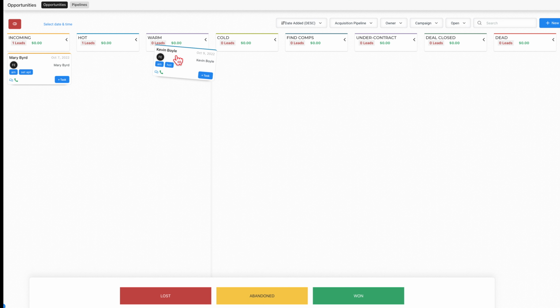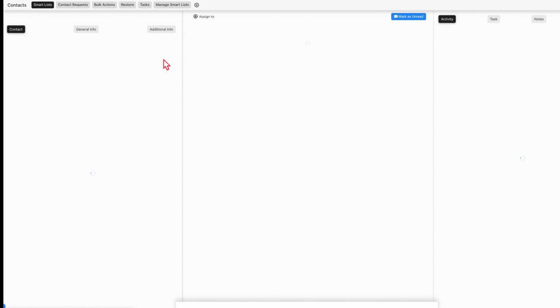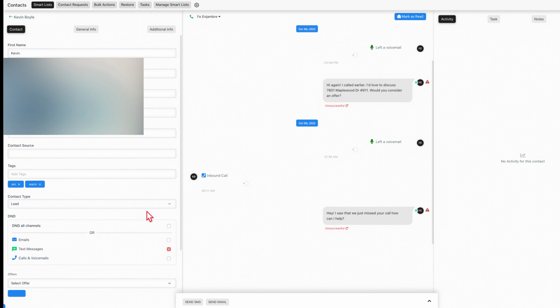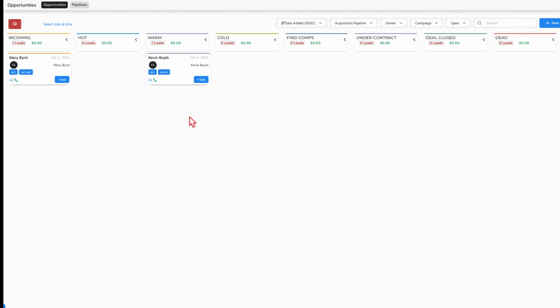So if we move this over here, it's going to tag warm. We can actually click on it and we can see it says warm now in here. Now, why is that useful that we are tagging every single stage as we go? That's useful because if you go into your contacts,